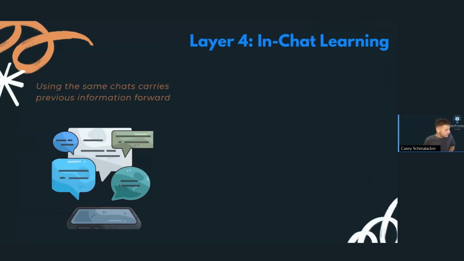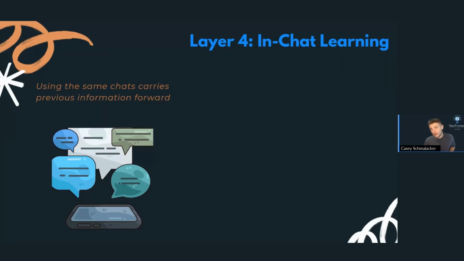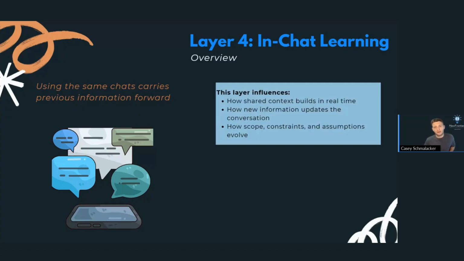Now, layer 4: in-chat learning. The overview here is that this layer influences how shared context builds in real time, how new information updates the conversation, and how the scope, constraints, and assumptions evolve within the same chat.